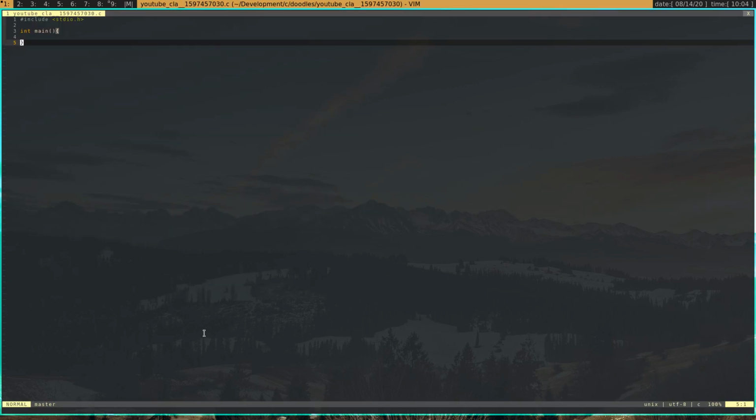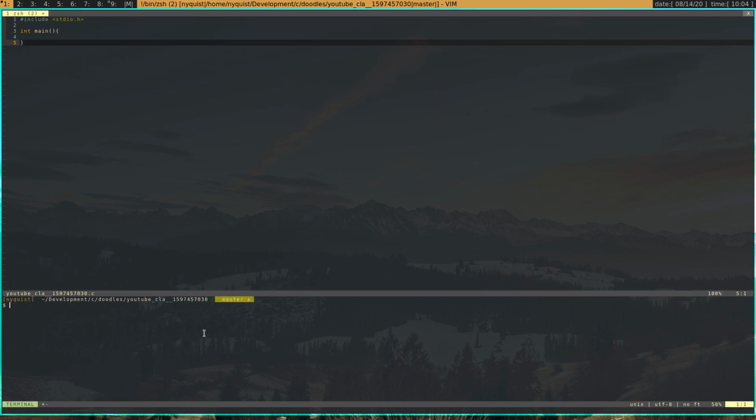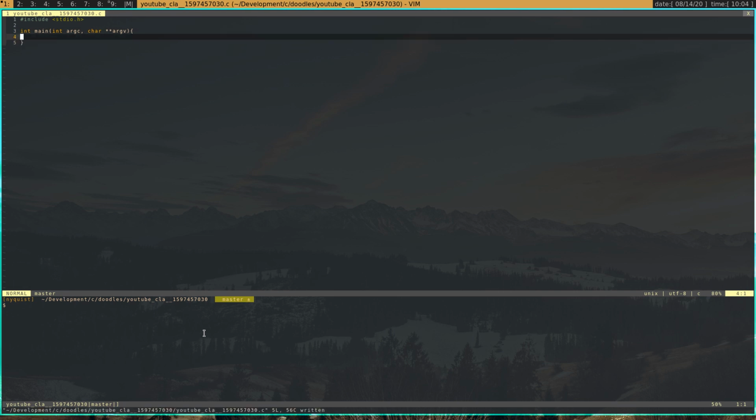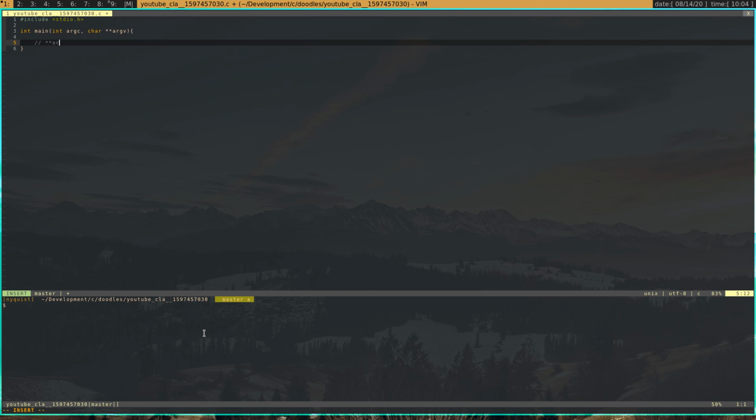So I have a simple file here, right? And if I want to add command line arguments, I can just put int argc and char pointer argv, and pointer argv is the same exact thing as pointer argv array. So basically, an array is kind of a collection of pointers because, for example, if I